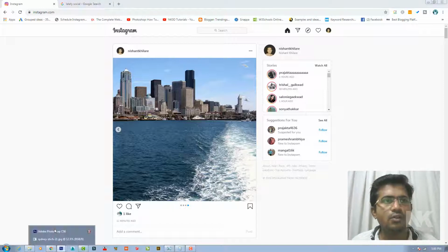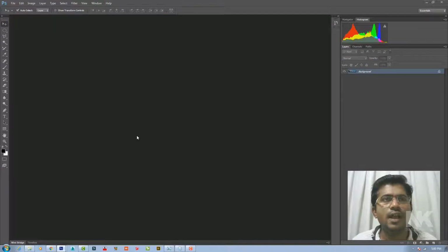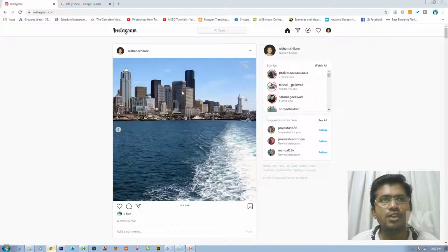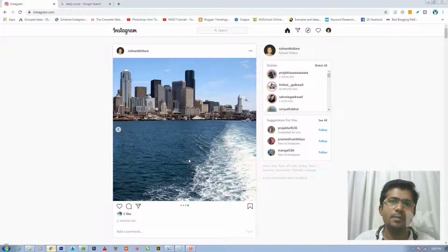So for that we'll go to Photoshop first, and we'll need one panoramic image. I have already downloaded one image, but as you can see, Instagram uses square dimension images, so we have to take this image in the square dimension.